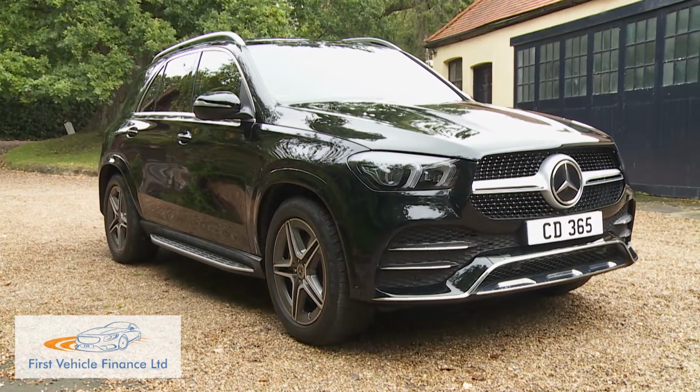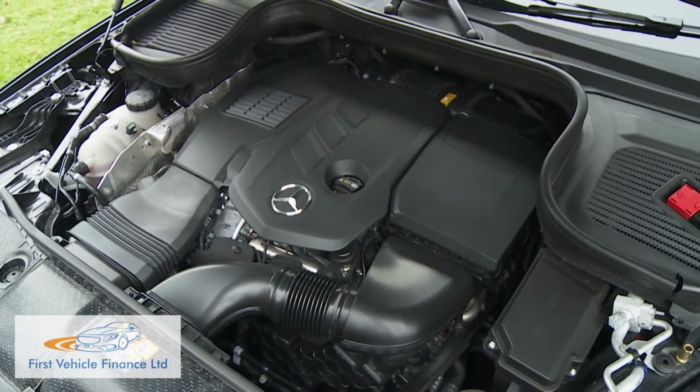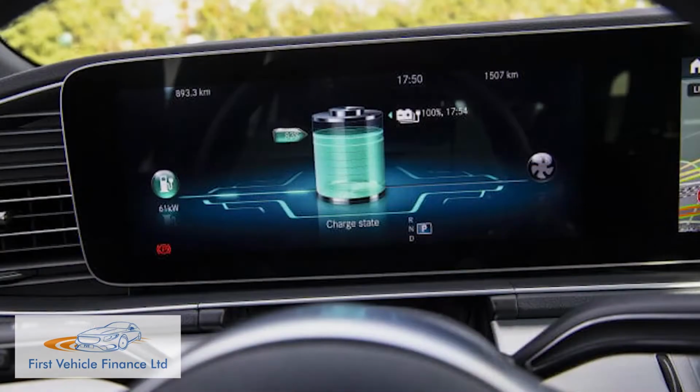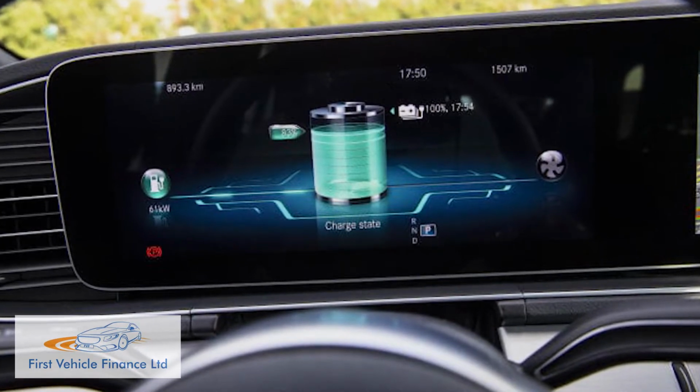You're going to need to know a bit more about engines. This 300D model's 4-cylinder diesel manages to be reasonably efficient. It delivers up to 46.3 mpg on the WLTP combined cycle and up to 162 grams per kilometre of NEDC rated CO2. If you want to do better, then you'll need to know that the same power plant is also used in a lower 194 HP state of tune in the alternative 350DE plug-in model, where it's mated to a 100 kilowatt electric motor and powered by a 31.2 kilowatt-hour lithium-ion battery. When fully charged, that can facilitate an impressive WLTP-rated all-electric driving range in that PHEV version of up to 61.5